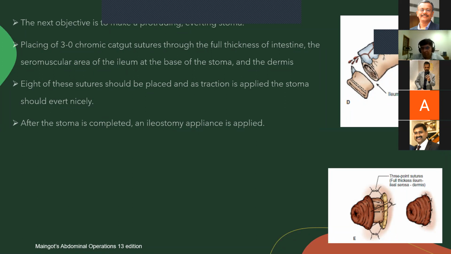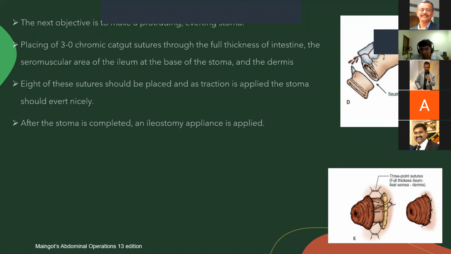Yes, sir. So we'll take an absorbable suture material. The first stitch has to be taken at the end of the stoma opening. It will be a full thickness bite. Then we go towards the point of the ileum where it will be at the base, and we take a seromuscular bite there, and then take the next bite through the dermis.